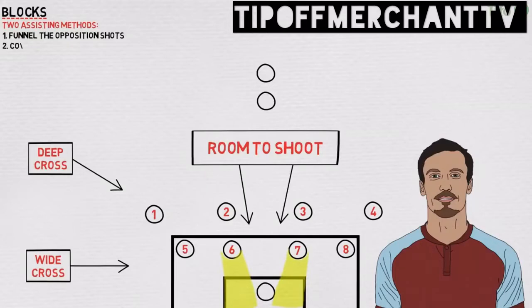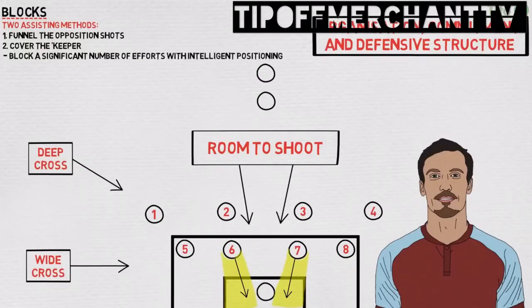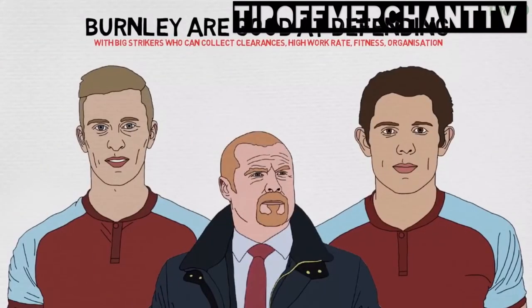Burnley also work extremely hard to get their bodies into covering positions behind the keeper, so that if a shot comes in from an angle, even if that shot is saved, there is a covering blocker on the line. This organisation, commitment and defensive structure ensures that despite conceding many shots, Burnley's keeper can deal with the majority because they are channelled into the centre of the goal. Burnley also block a significant number of efforts with intelligent positioning and committed centre-backs who understand their role and the structure implemented by Sean Dyche. It's another clear indication of the